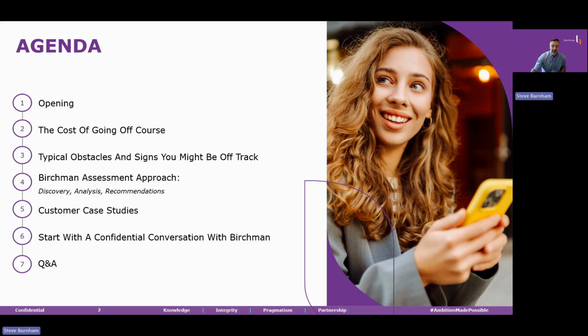The agenda today follows the same shape as Shackleton's decision. What does a worsening situation in an SAP program actually look like? How do you know if you're in one? What does a credible project recovery look like? And most importantly, what would be the next step for you?